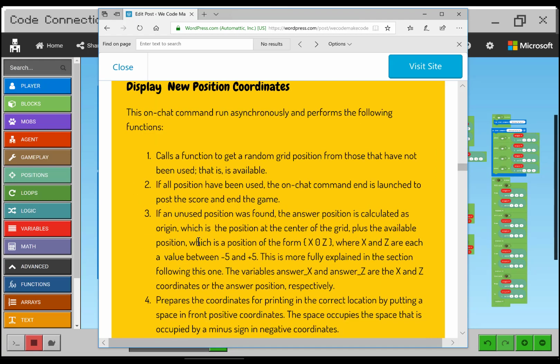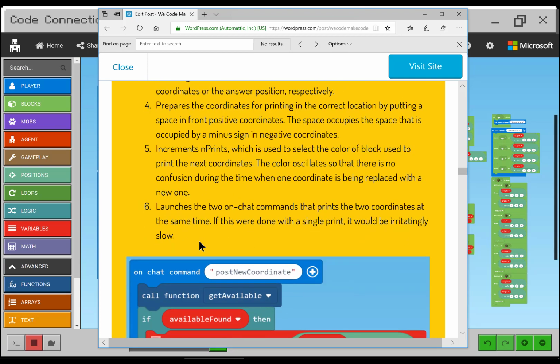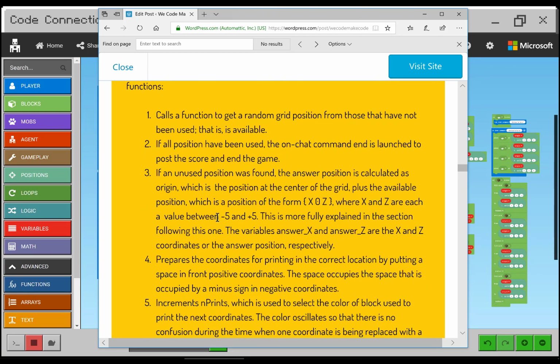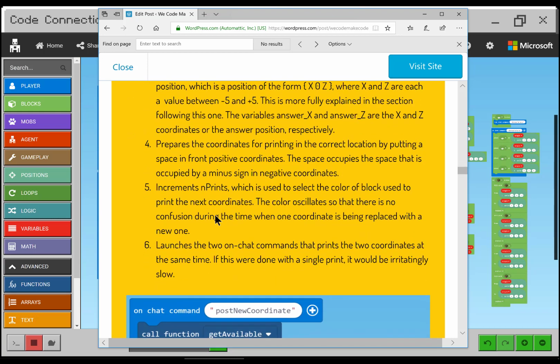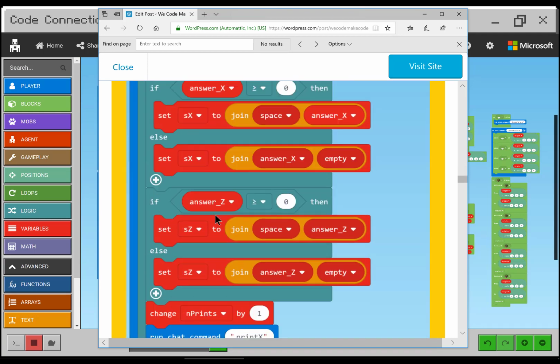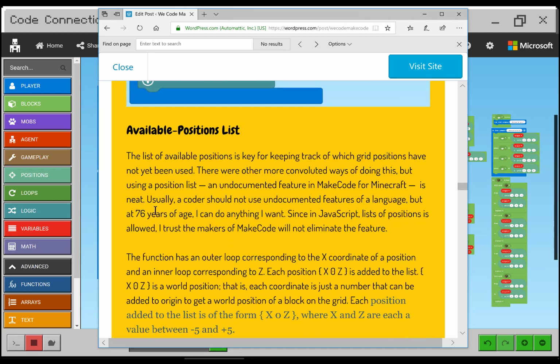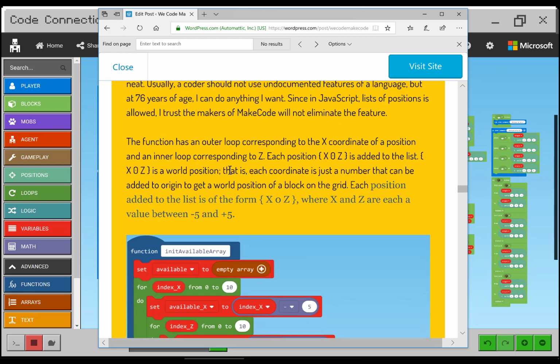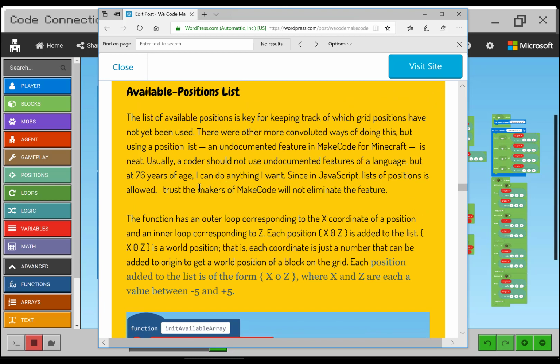And then next is this routine that posts the new coordinate. And again, every step is explained in the block. And the available positions list was really at the core of this program. It's also thoroughly explained. Now, an interesting thing about this is that having a list of positions is an undocumented